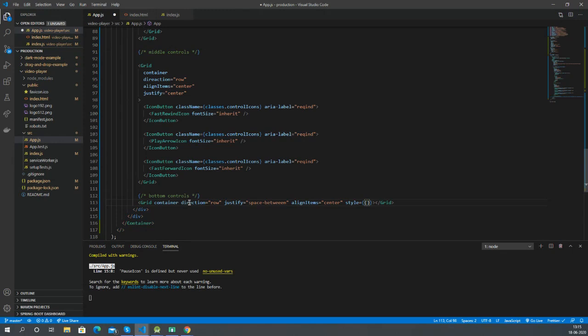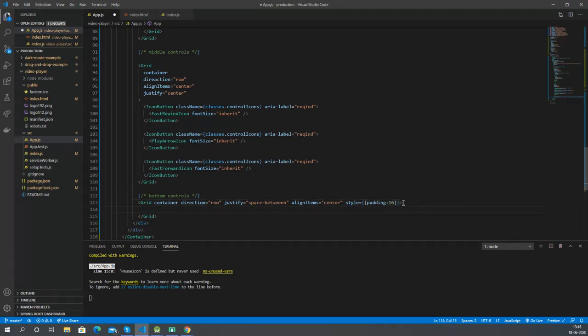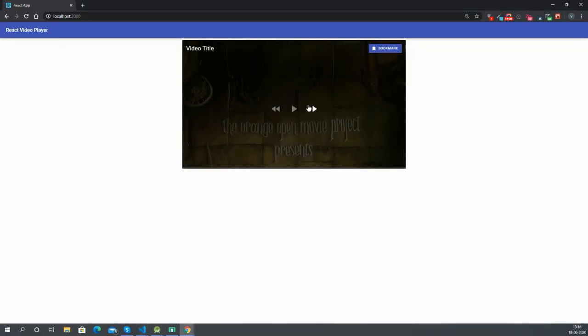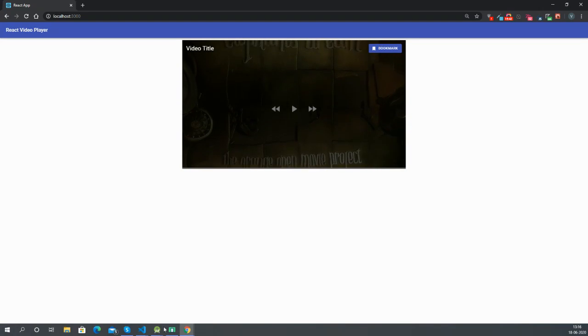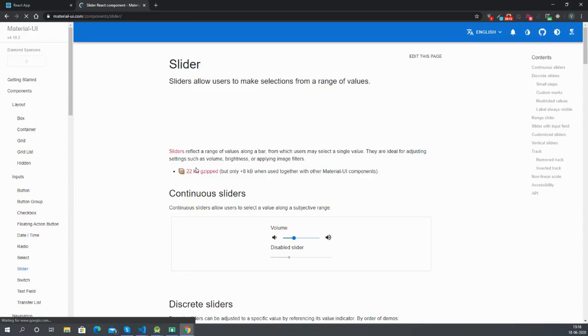We'll also give a padding of 16. Let's take a look inside the browser. Now you can see our middle icons and top icons are there. As we have not added the lower icons, let's start adding it.